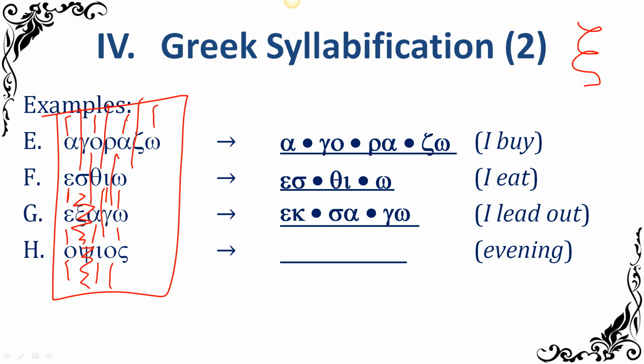All right, so the omicron is going to get the p part of psi. Now the iota, it automatically gets the last part of psi, which will be the sigma. So we'll have a sigma there automatically. It always gets what's in front. The question is, does it get what comes after? Well, are there any consonants that come after the iota? No. Well, that made that really easy. And then that final omicron, is it going to get that sigma or not?